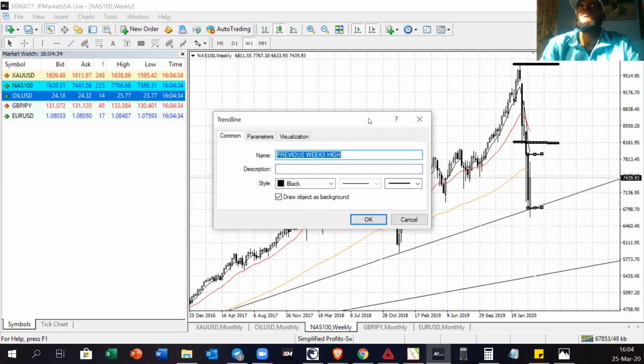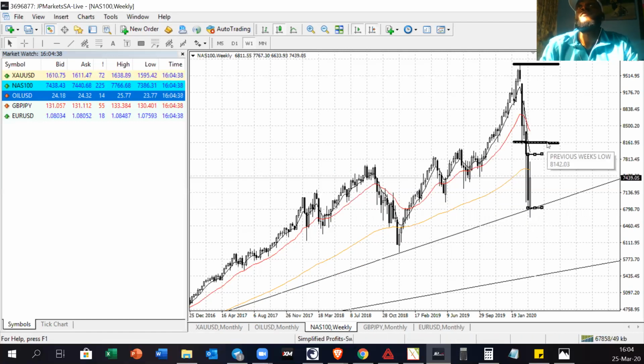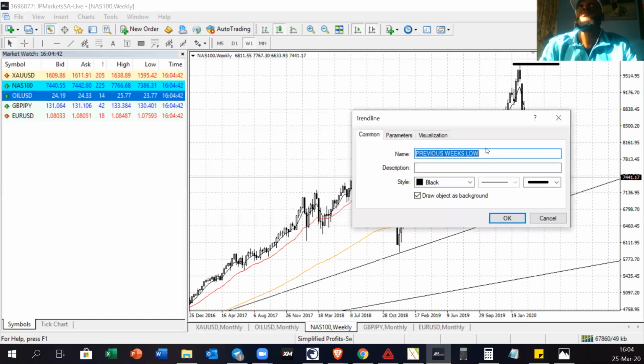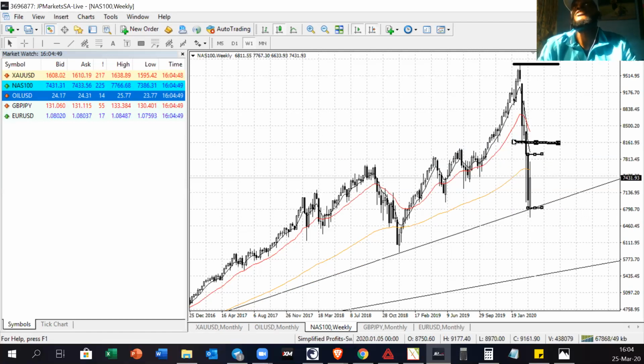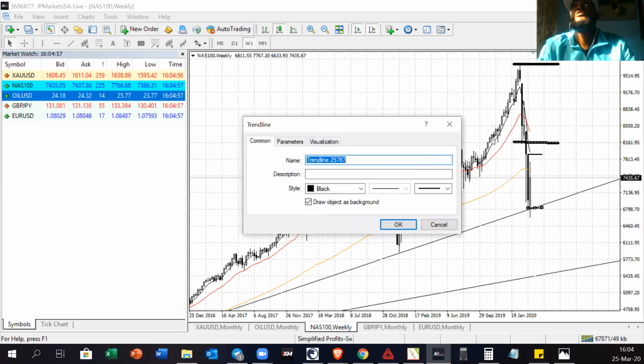Probably worth a previous high. Oh my goodness, previous month high. No, previous month low. And then here we have the previous week high. And then here we have the previous week low. So